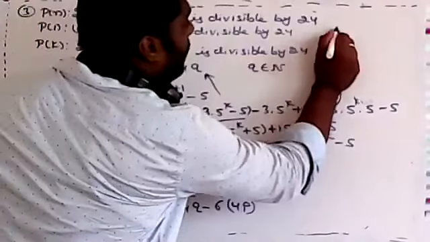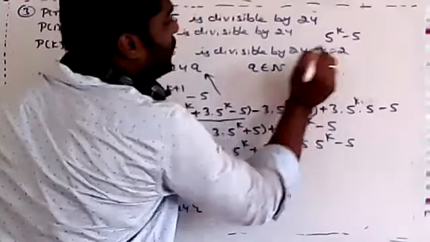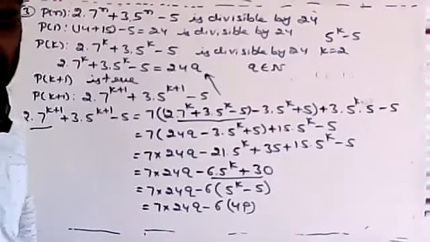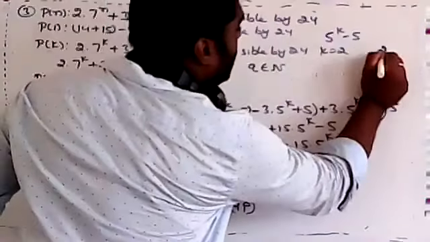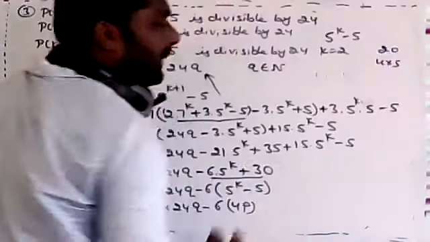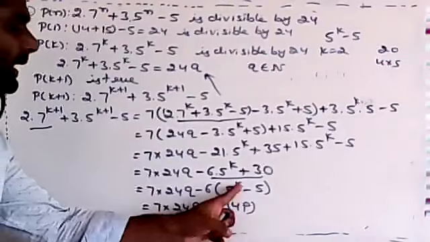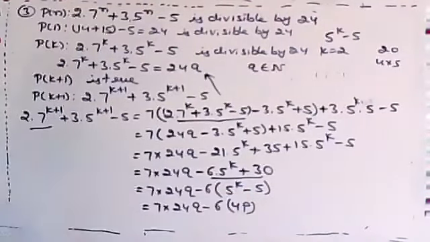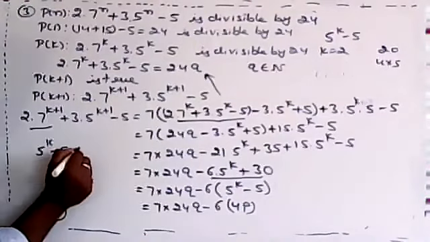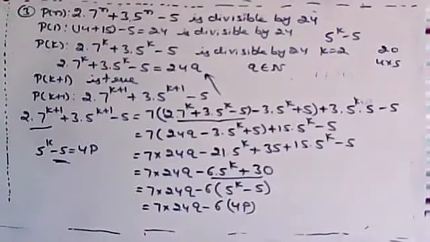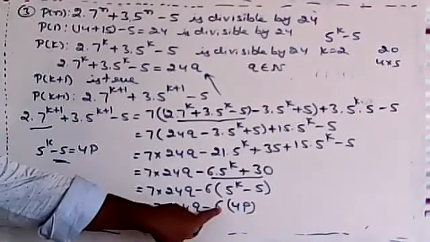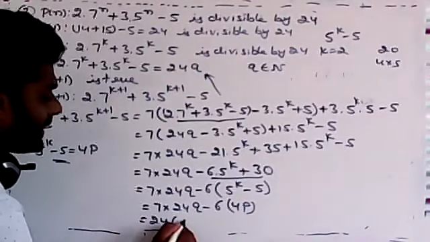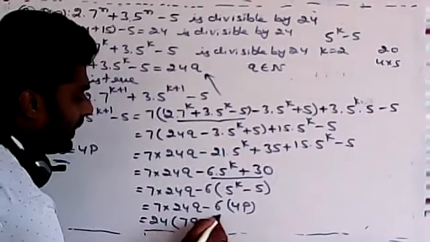Here 5 to the power of K minus 5 is there, no? Just you put K is equal to 2. What do we get? That is nothing but what? 25 minus 5 is 20. Can we write this one as a multiple of 4? Correct or not? Okay. So we are writing that one as 4p because it is a multiple of 4. 5 to the power of K minus 5, we are taking it what? 4p. Means it is a multiple of 4. So in this 6 4s are 24, no? So in this take 24 as a common. So remaining is what? 7Q minus p.